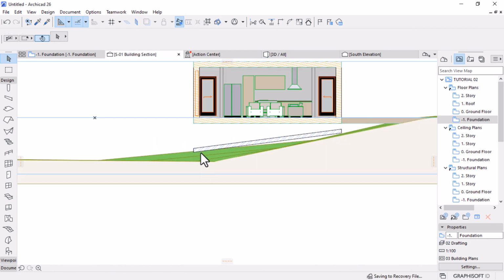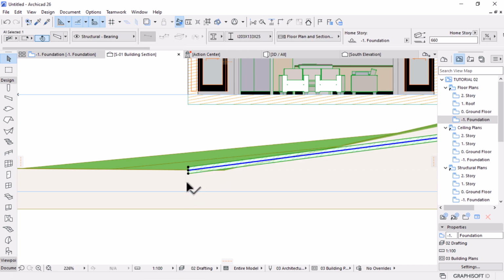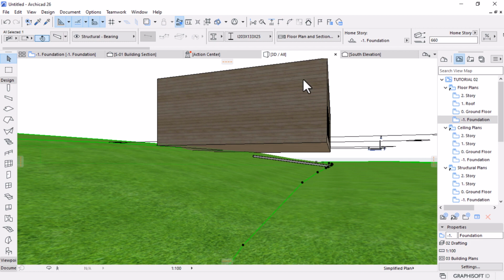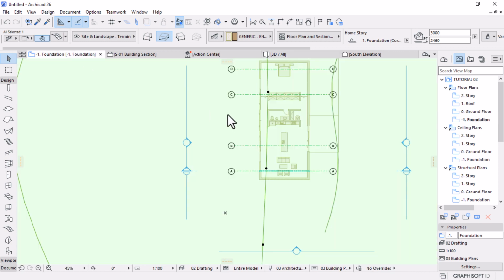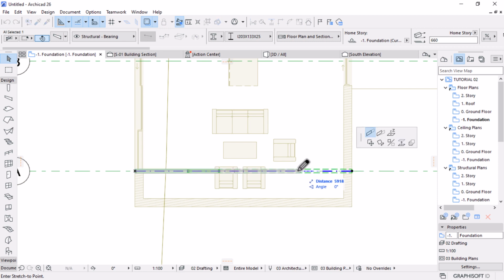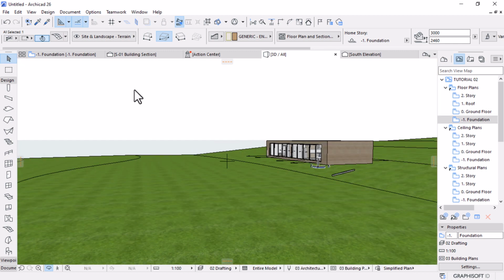Yeah, and then go back to section and let's move it back. And then I can stretch the height of this on the side as well to follow the profile of the ground. So that's basically what you have. And go back here. What I want, this has to be centralized just on the space. They're not supposed to go all the way. They're supposed to be centered here, something like this. And then I can move them using the center point like that. So if you check on 3D, that's basically what I want. Okay,